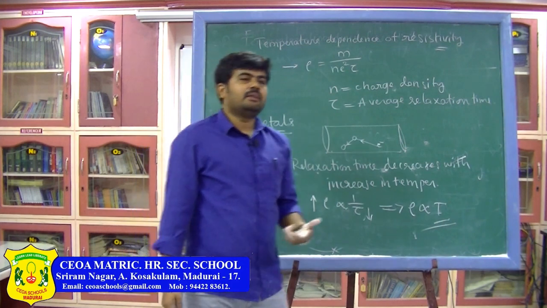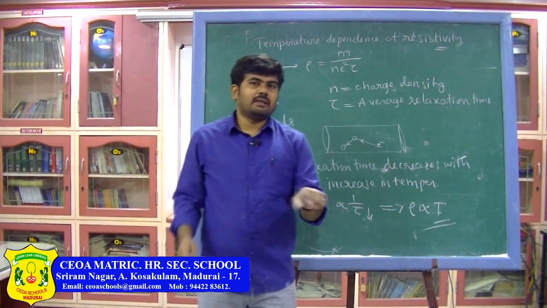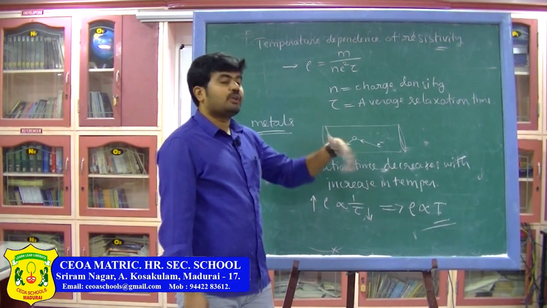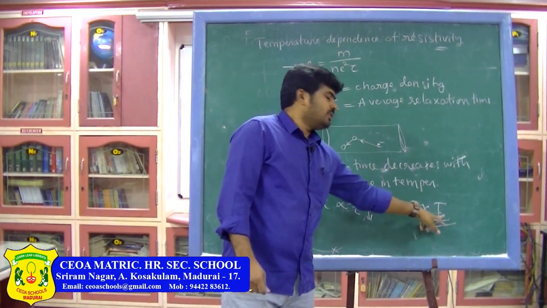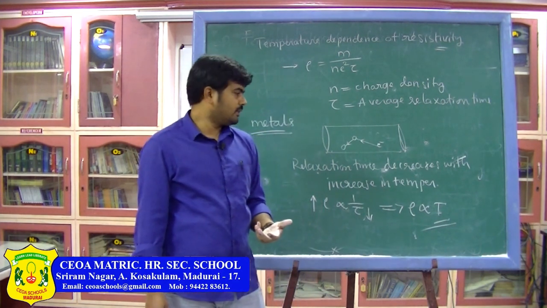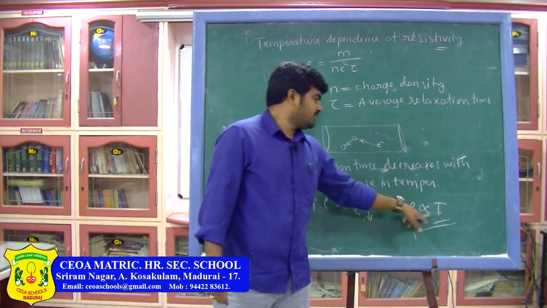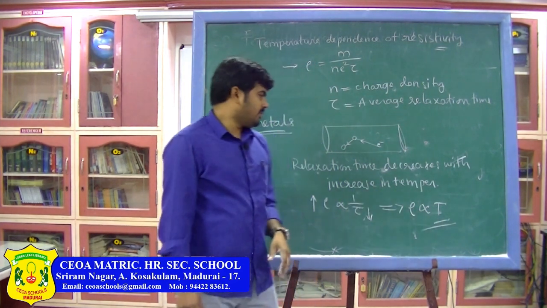That is why the electrical appliances which we are using, which contain many metallic wire connections, get heated up after using for some time, because resistivity is directly proportional to temperature. So when we use them for long times, the resistance of the material will keep on increasing. Temperature and resistivity are directly proportional to each other for metals.